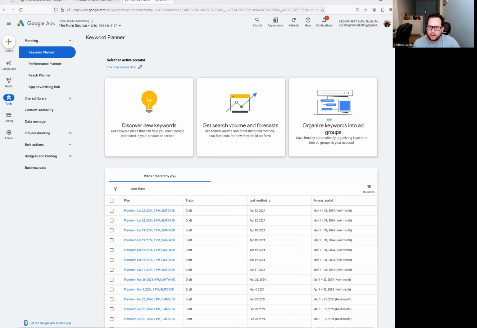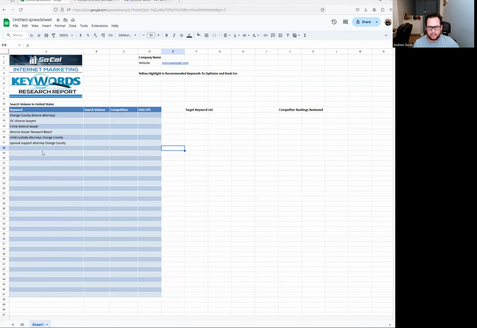Today I'm going to go over how to do keyword research reports, kind of the old-fashioned way. A lot of people seem to be using ChatGPT or Google Gemini now to do a keyword research report. In my opinion, it can give you some okay ideas, but it doesn't do a thorough job at identifying what I like to call the money keywords or the gold mine keywords that you can identify the manual way by doing a few steps that I'm going to go over in this video,